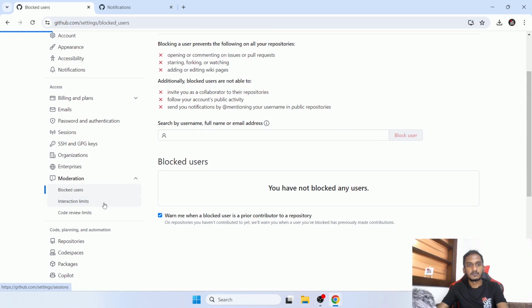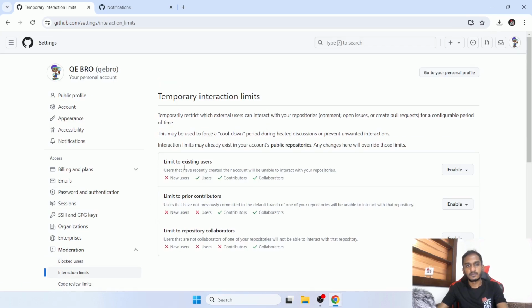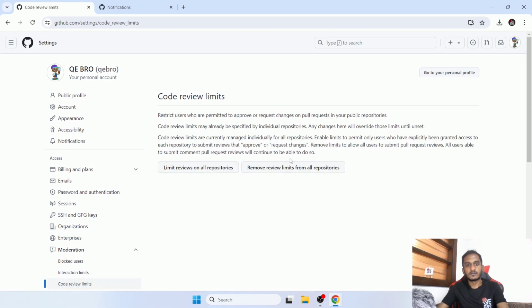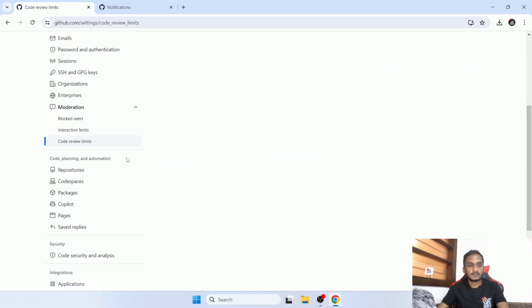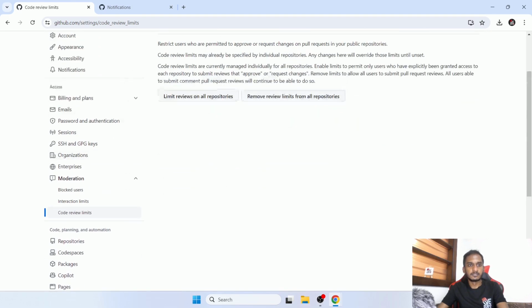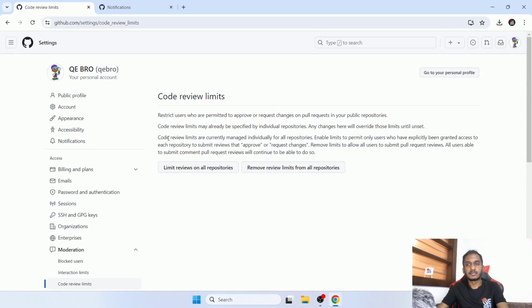And also interaction limits you can see. So you can limit to existing users, to prior contributors. Likewise here you can limit this based on the time period. And also you can set code review limits as well. So once we are in the PRs, the pull requests, I will discuss the code reviews. So those are the options available mainly related to the account management and the profile management part